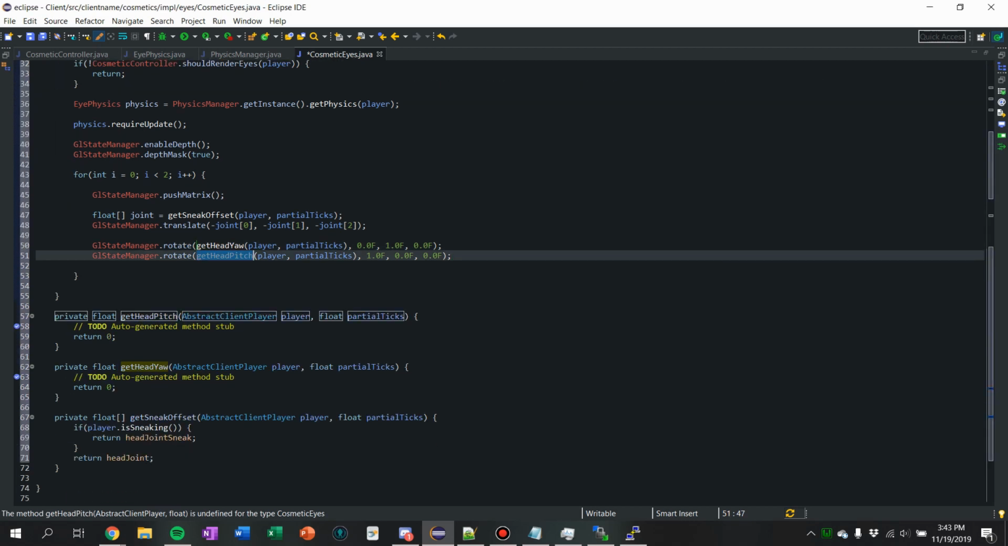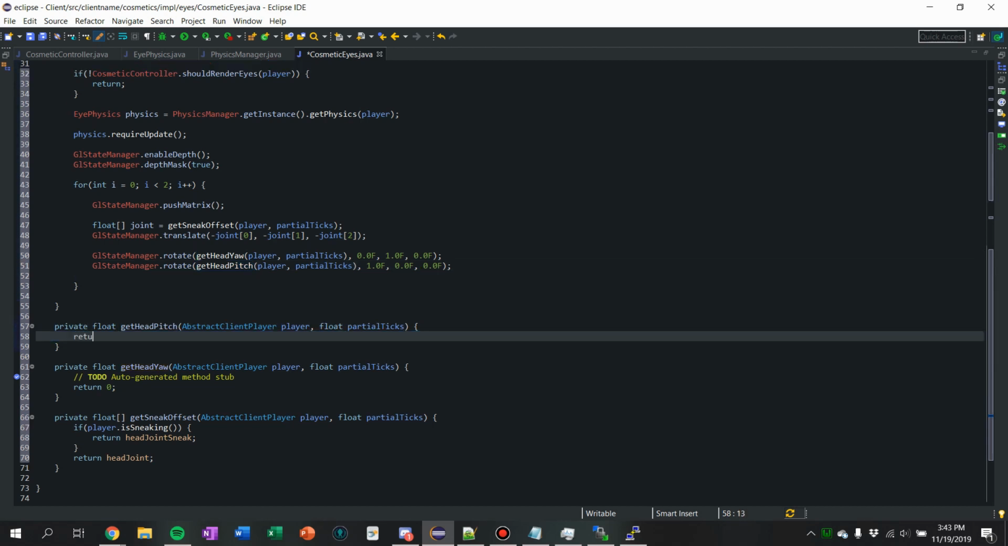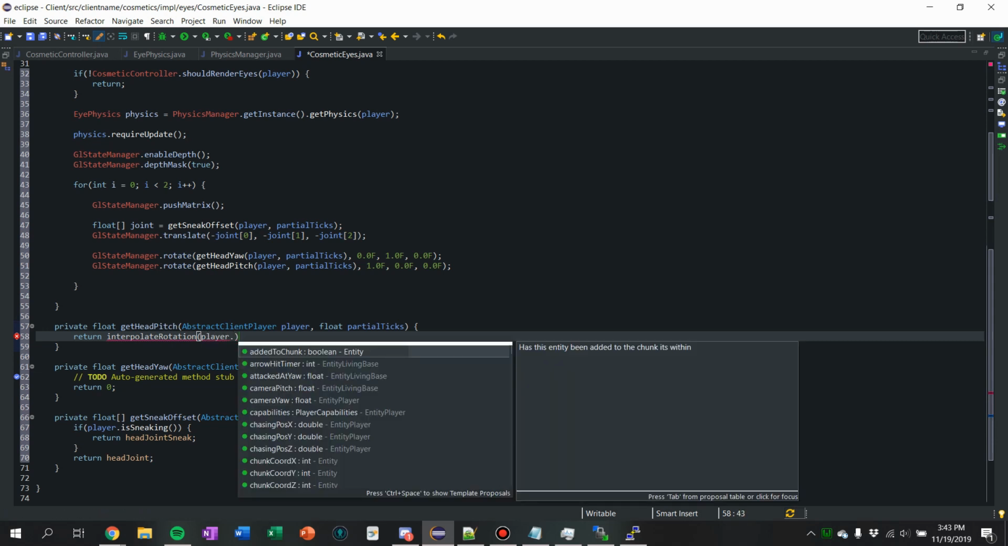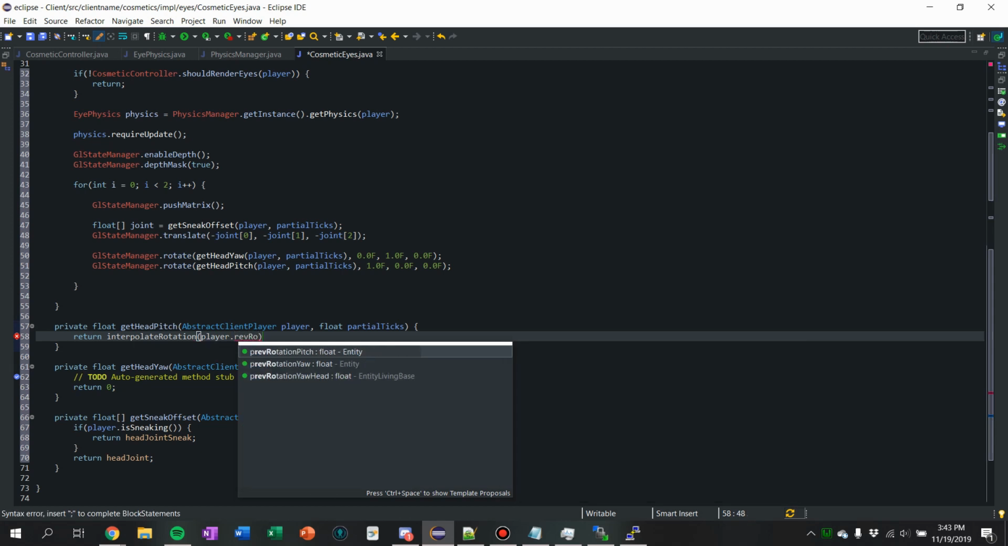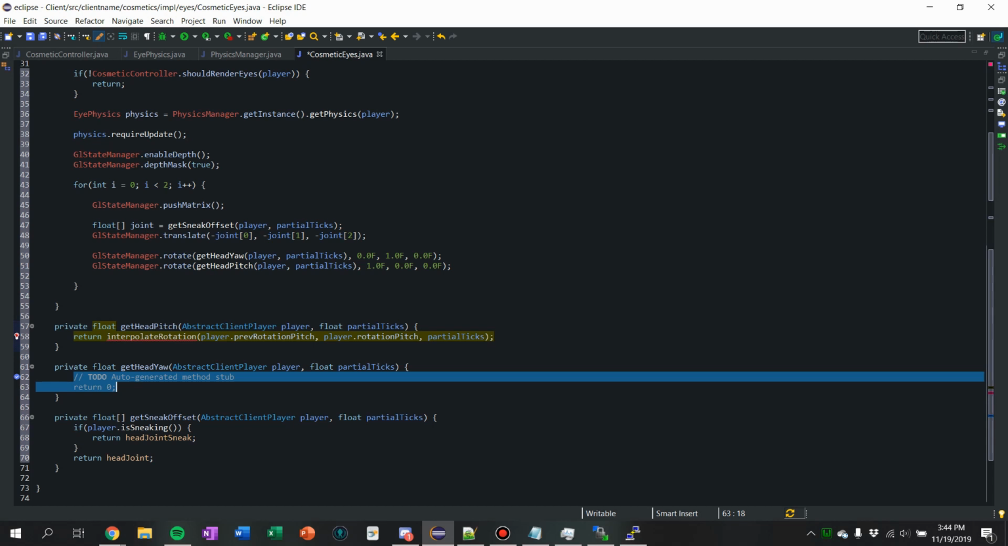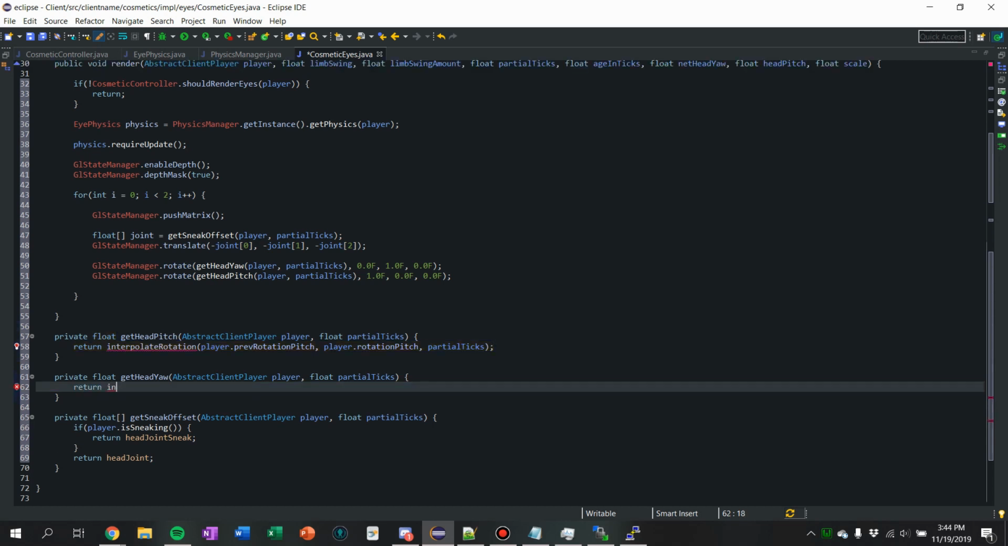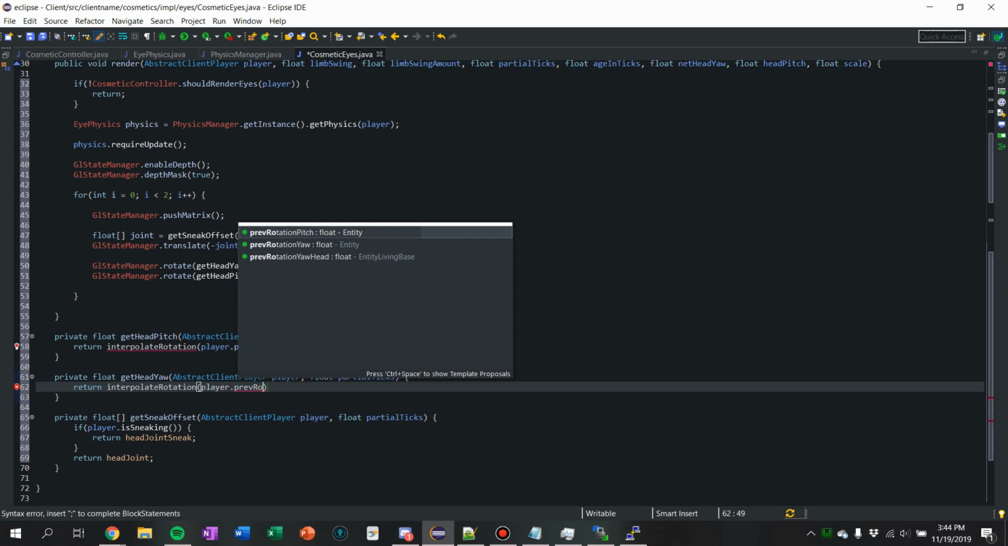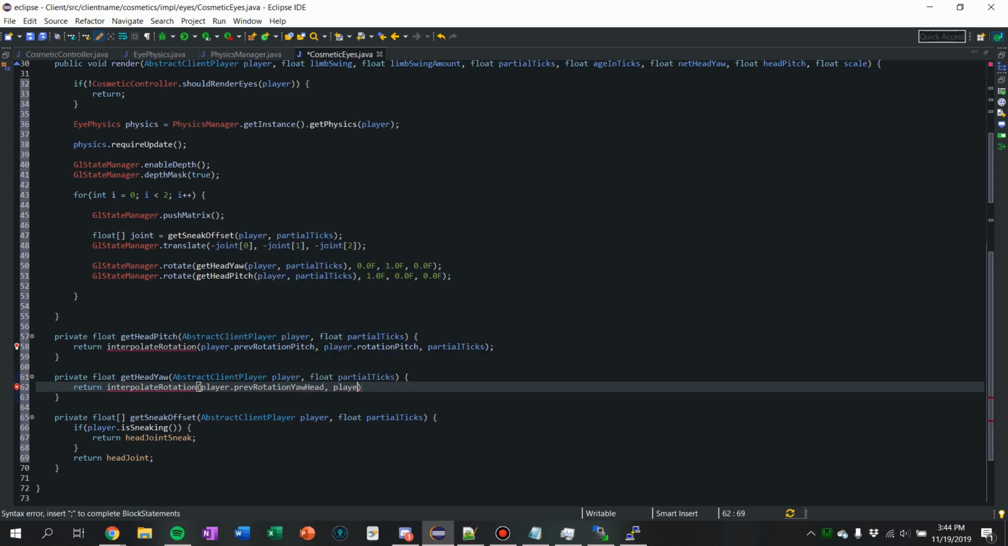And those are basically going to call another function. So we're going to return interpolate rotation. And for the head pitch, we're going to do player dot previous rotation pitch, player dot rotation pitch and the partial ticks. And then for this one, we're going to say return interpolate rotation. For the yaw, it's going to be player dot prev rotation yaw head, player dot rotation yaw head, the ticks